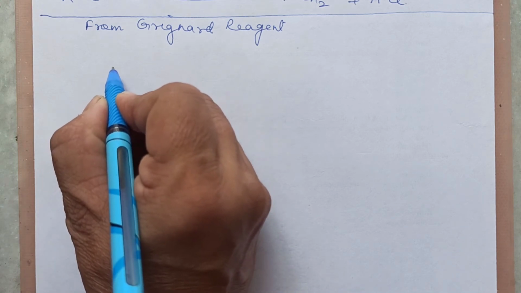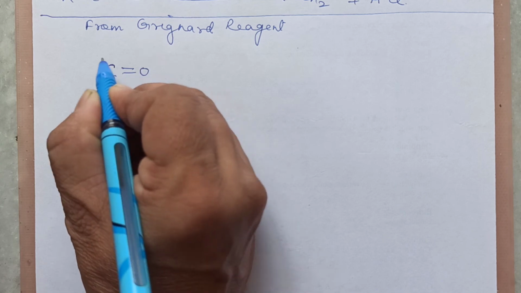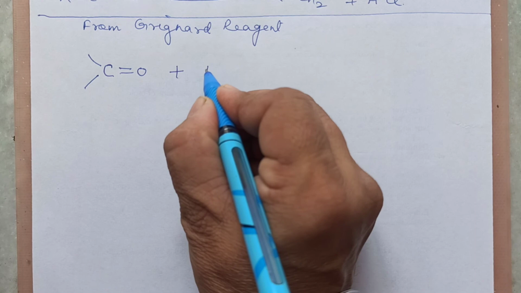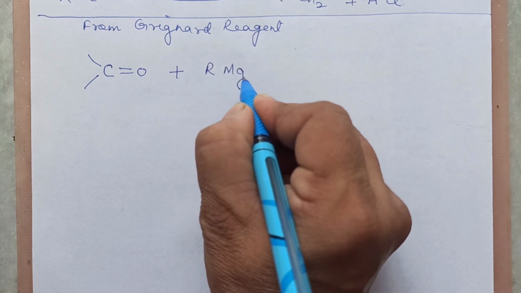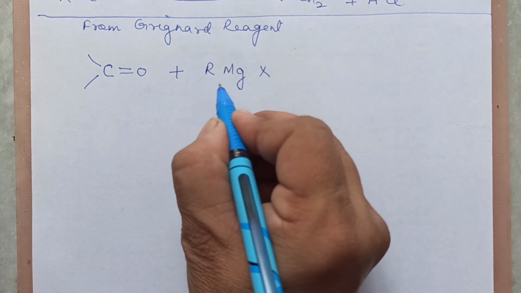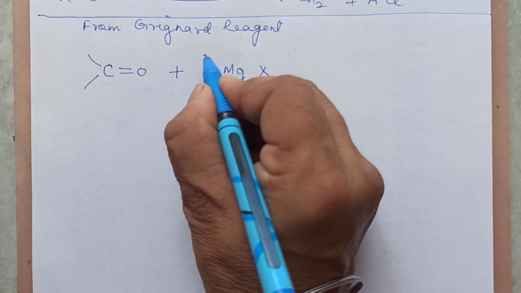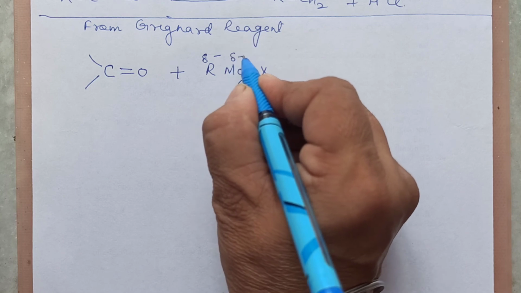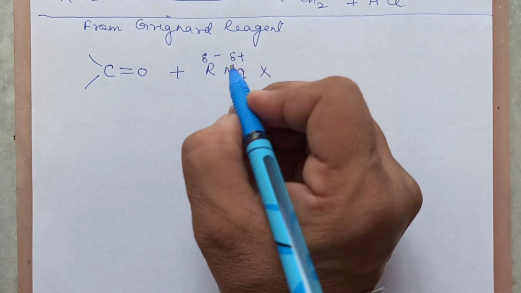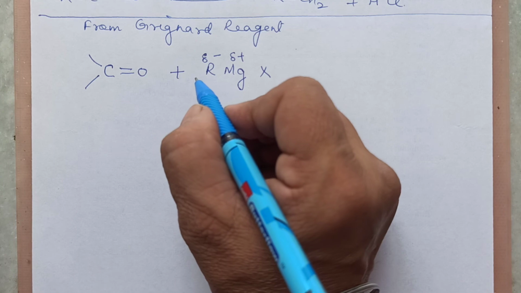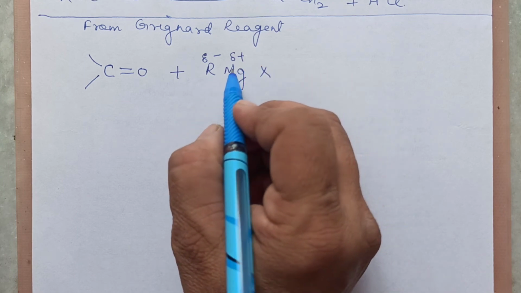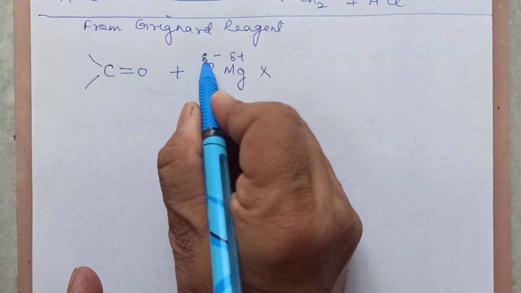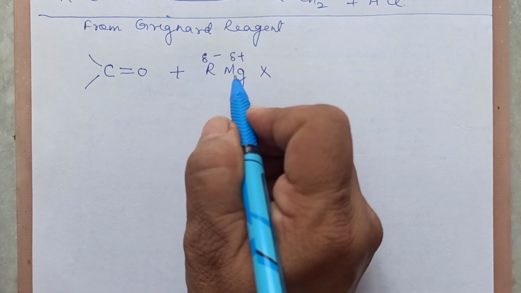So first I am writing the basic reaction, what exactly happens in this. There is a carbonyl group, CO group. You are adding Grignard reagent, RMgX. Now this bond, we said, will have R with partial negative and Mg with partial positive charge, because Mg is more electropositive than R. So this will give electrons to R, which gets partial negative, and Mg gets partial positive.